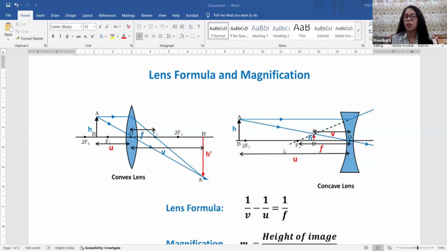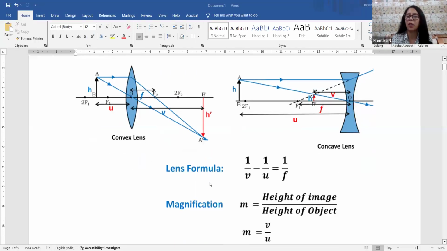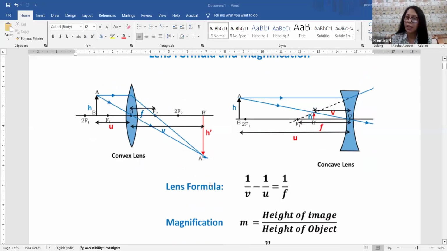When I'm specifically talking about the lens formula, as I told you in case of mirror formula too, luckily you people are not supposed to do the derivation of the formula. That means you have no concern with how this formula got derived in your grade 10th, but all you need to know or do is to apply the formula, right? So when I'm talking about the lens formula, the formula is same as that of mirror formula, but there is one difference. Can you look at the formula and tell me the difference you observed as compared to the mirror formula over here?